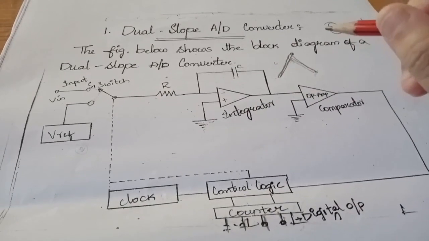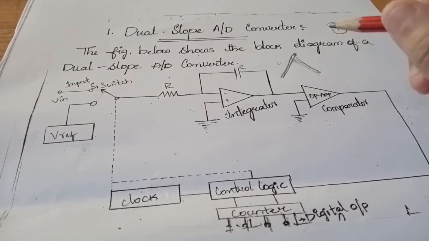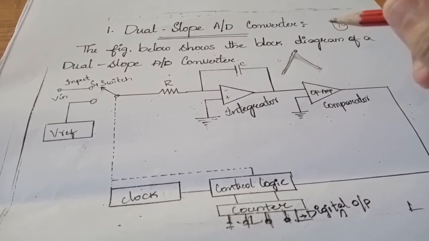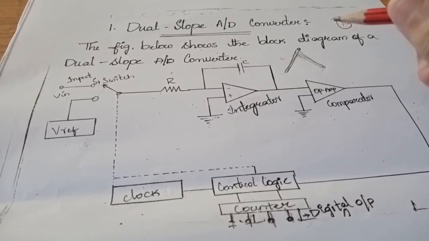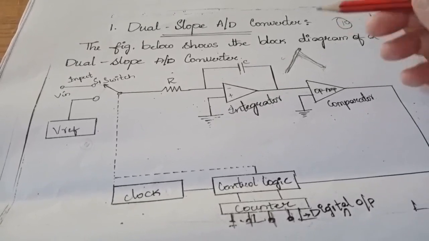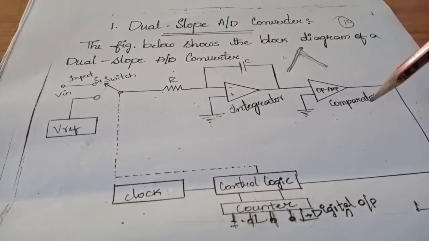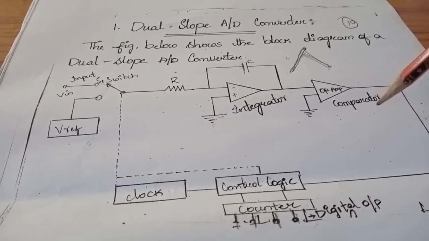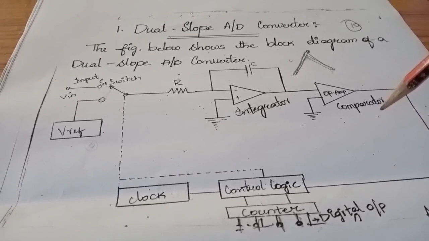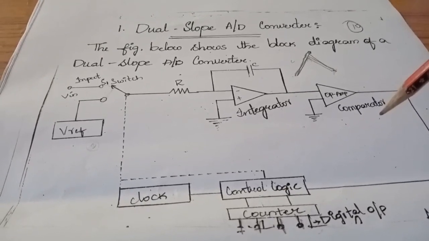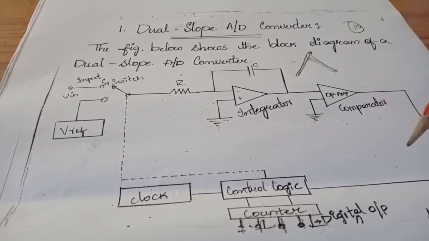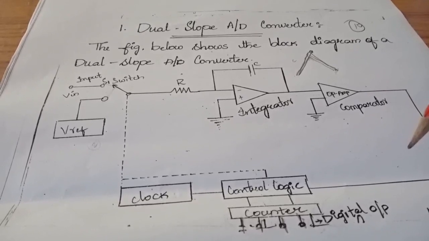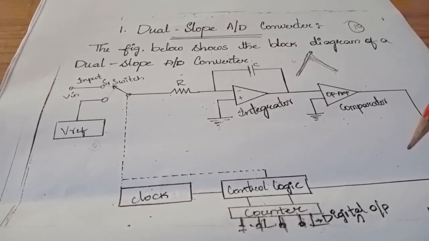So by this, the counter will start and the capacitor begins to discharge with the current period. Then the resulting opposite slope you will be getting, and the counter reading will give the equivalent signal for the analog voltage. Okay. So now, what will you be getting when it is connected to the reference voltage?